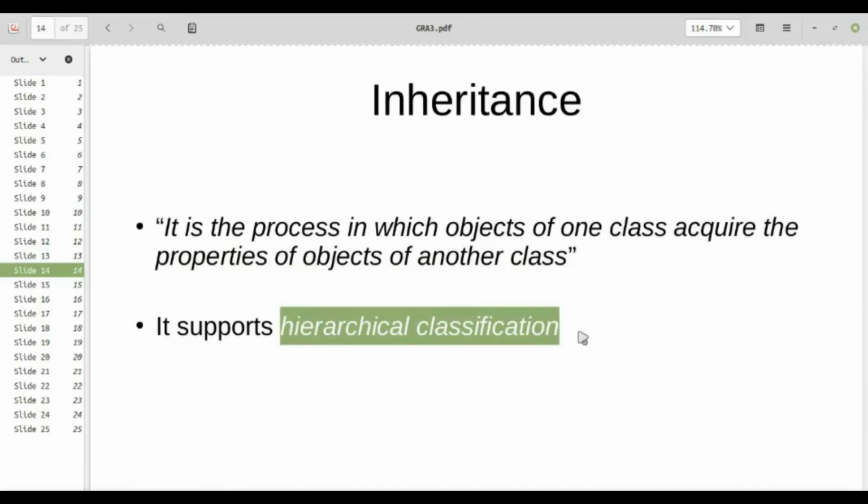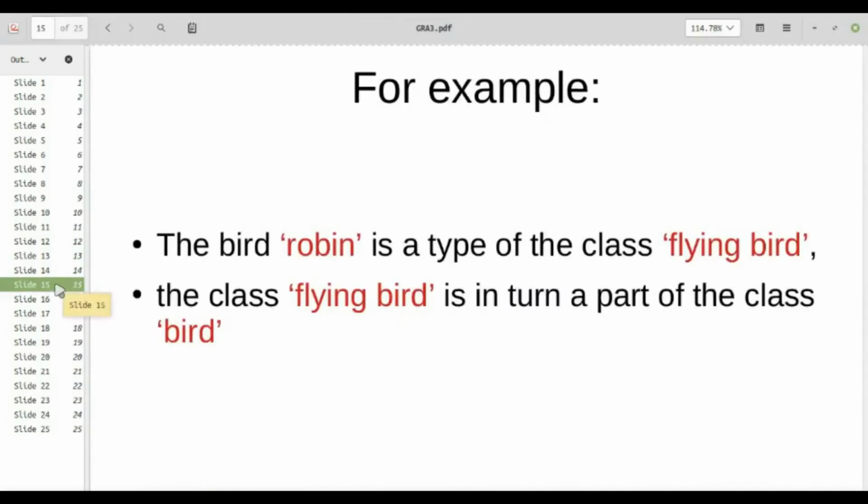Now let us dive a little into what inheritance stands for and what we mean by the term hierarchical classification. Let us have a very easy to understand example. The bird robin is a type of the class flying bird.